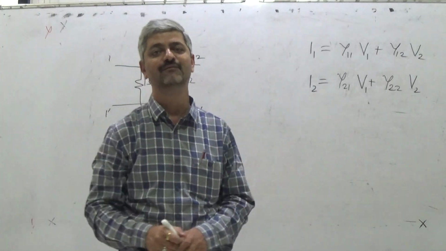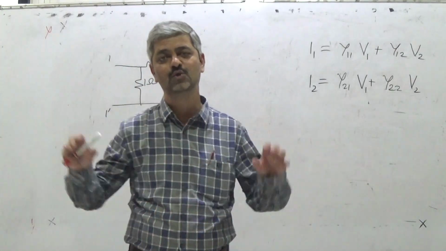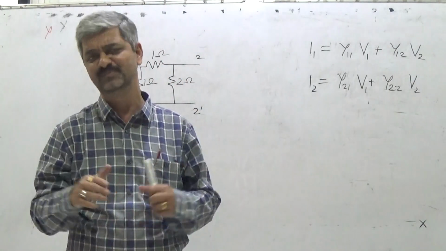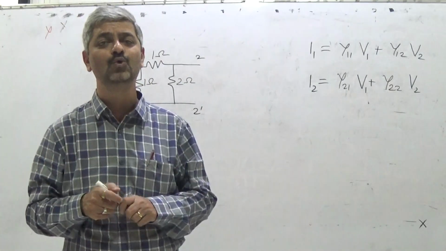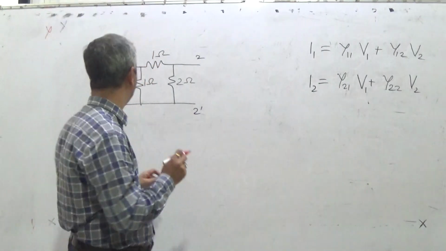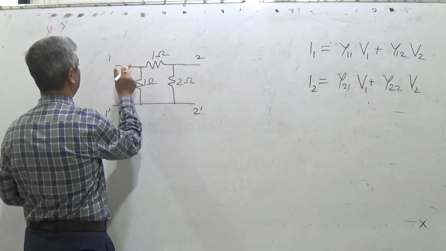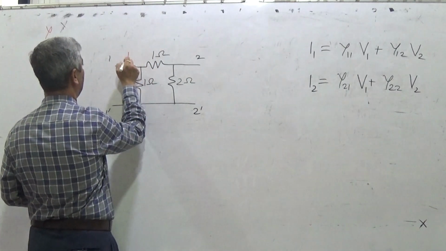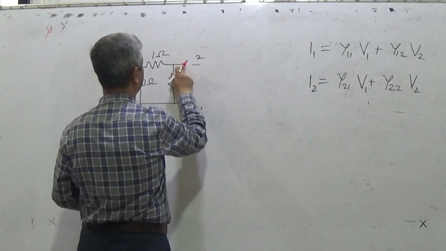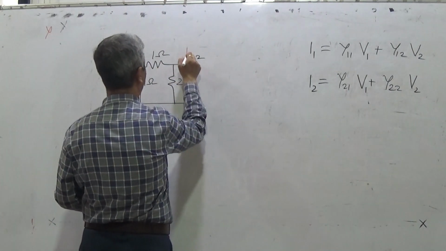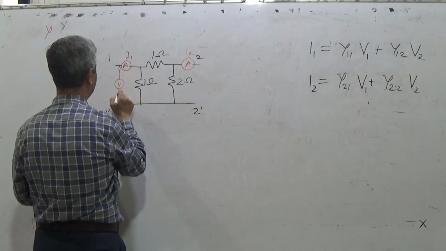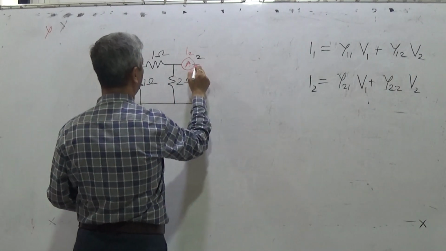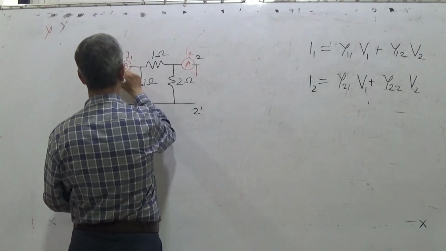Obviously, what you have with you are two voltage sources. You can use both of them or just one of them, and two ammeters and two voltmeters. So what will you put? You will put one ammeter here, that will give you I1. You put another ammeter here, that will give you I2. You put one voltmeter here, that will give you V1. You put another voltmeter here.